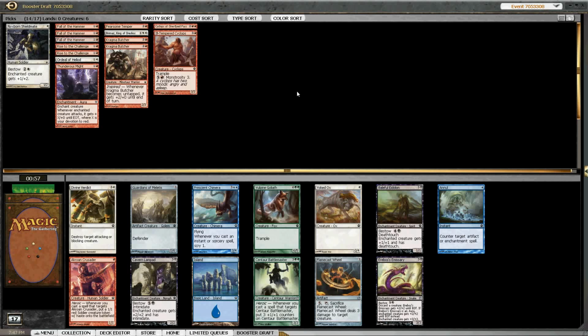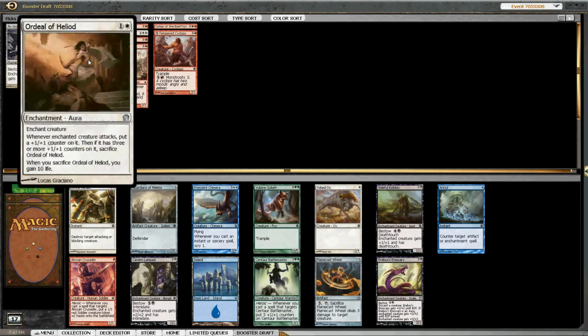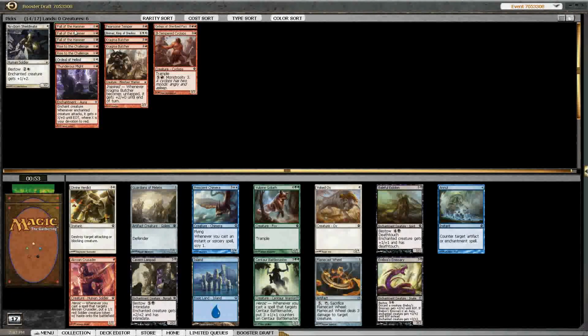I don't know. I actually don't know. You let me know what you think. Was Ordeal better, or should I have taken the Hoplite there? Obviously, we're only at 6 creatures, but this is gonna be okay probably, even if I don't end up with a lot of heroic guys. Whereas, I guess that would have given me a heroic guy, but...